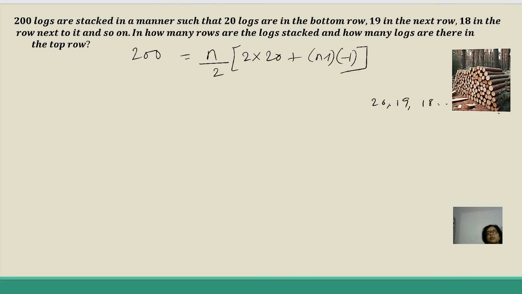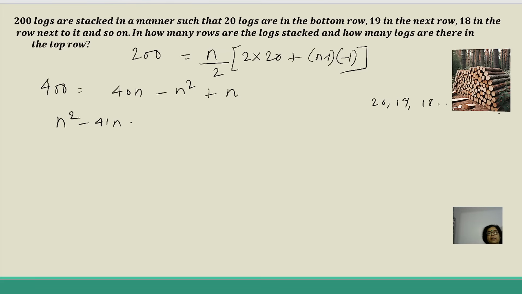So cross multiplying this, we get 400 is equal to, opening up the bracket, 40n minus n square plus n. So on further simplification this gives us n square